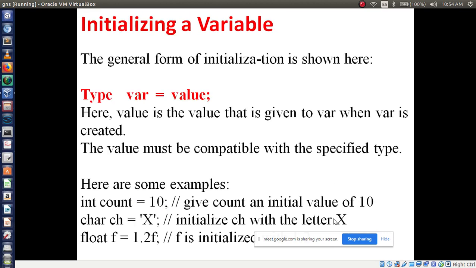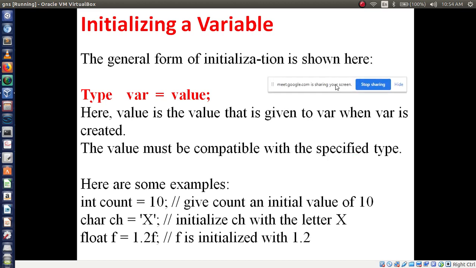Now initializing variable. Initializing variable means what? Just now we have seen int MCA equals 100. The equals sign is nothing but the assignment operator. With the help of the assignment operator we are going to initialize our variable, right? So the general form of initialization is type variable followed by the assignment operator, then followed by value.